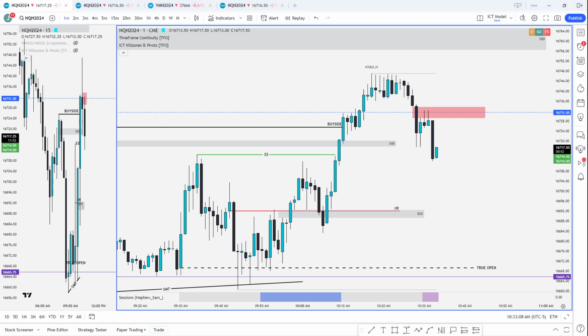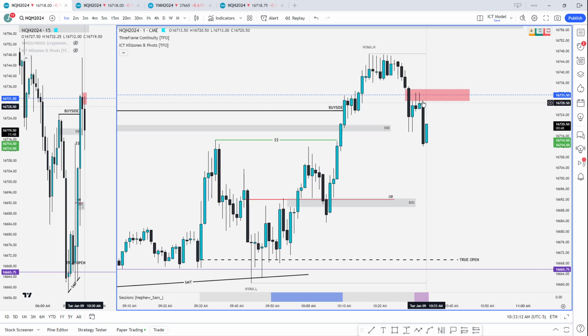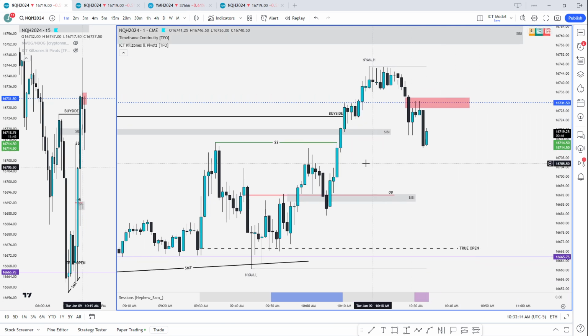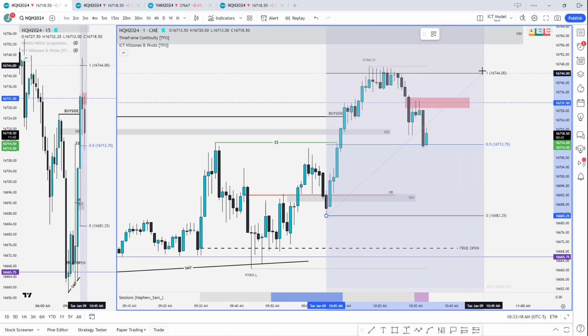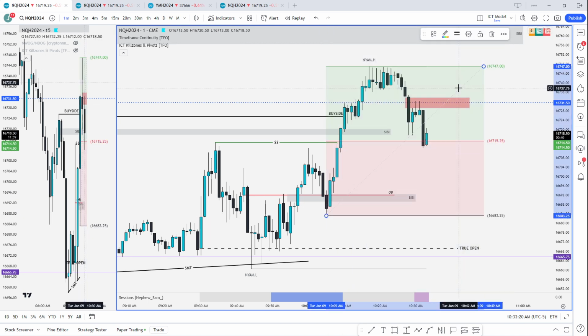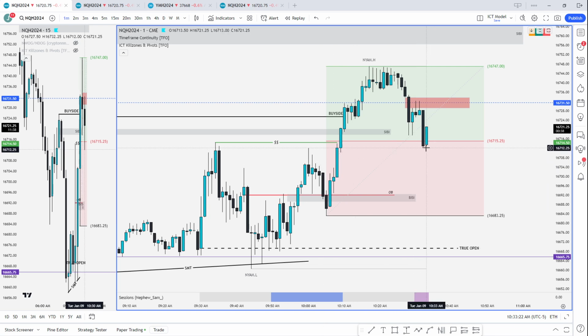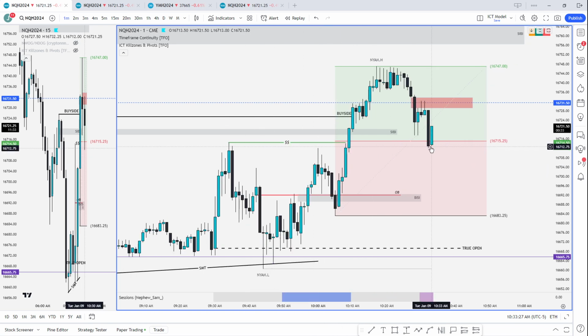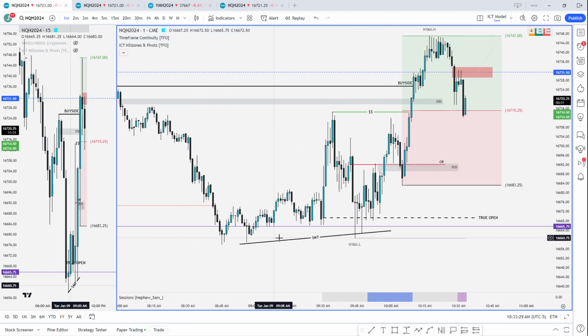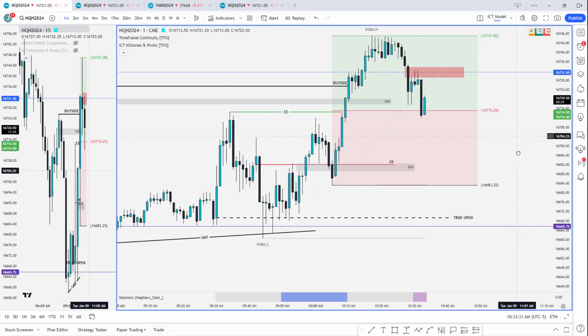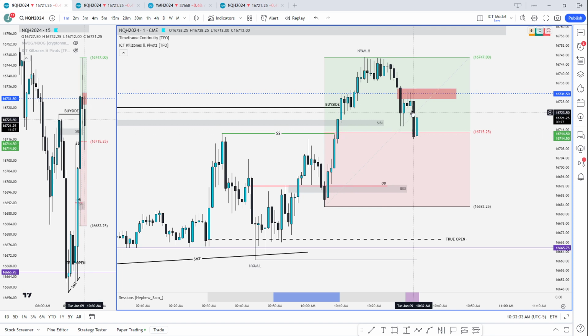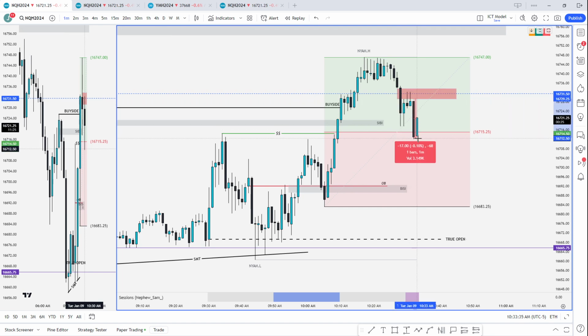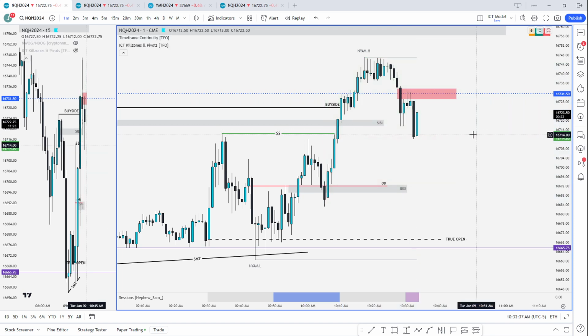Buy side is taking over 1-minute value gap. Don't you think it'll go down? So I can't tell. The reason I'm not shorting this is because I can't tell if it's just retracing into discount right here. If you look at this, it could be retracing into discount like it just did, right? We have a gap, the 5-minute strength, or if it's going to continue all the way to the relative equal lows, right? So if we were to short right there, you may be able to capture 20 points, but